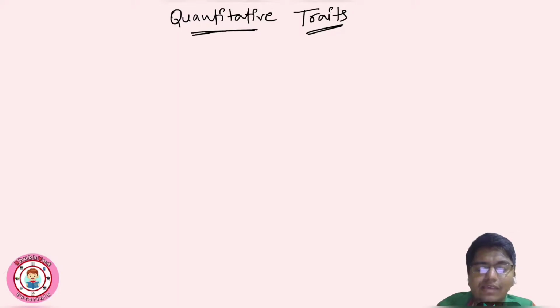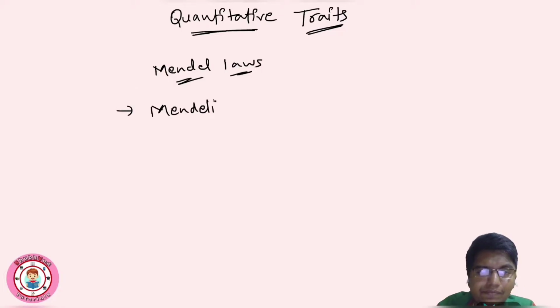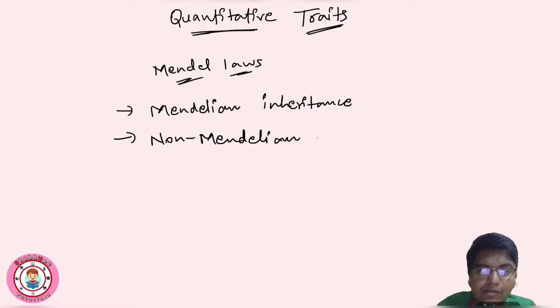First of all, when we start studying genetics, there are Mendel's laws. We have studied previously that there are two parts: Mendelian inheritance and non-Mendelian inheritance. So we can say that